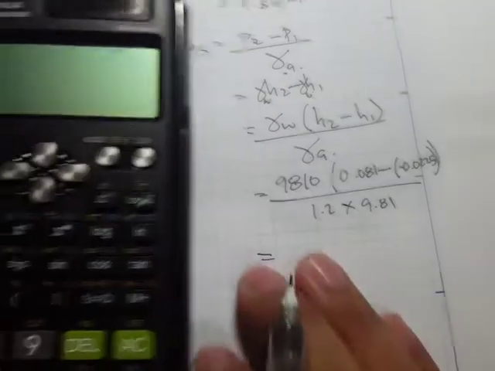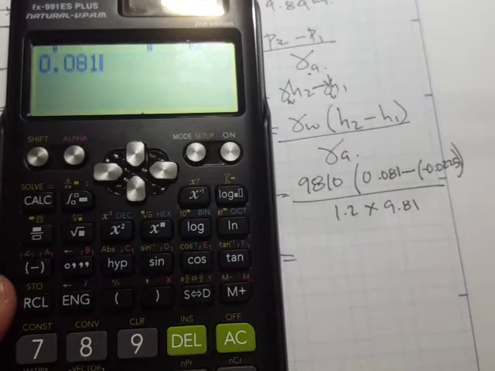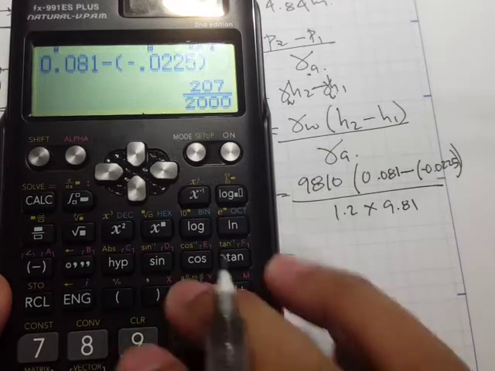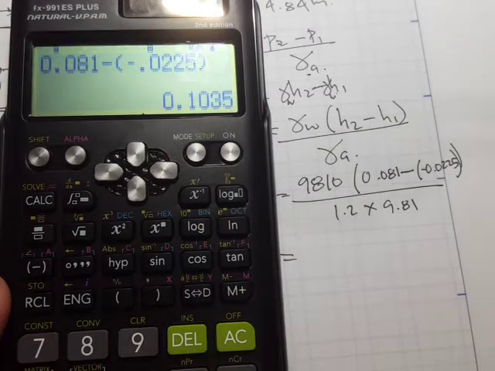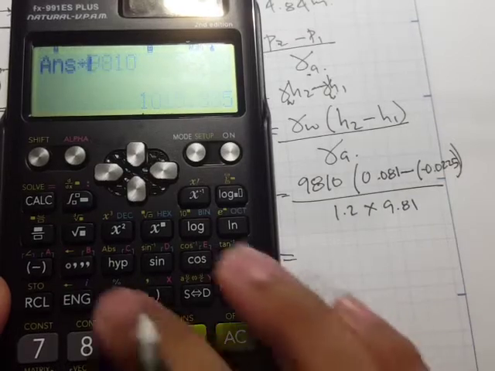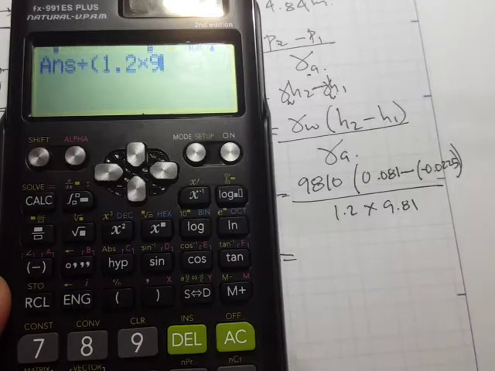Right, so let's do that. 0.081 minus negative 0.0225, times 9810 divided by 1.2 times 9.81,